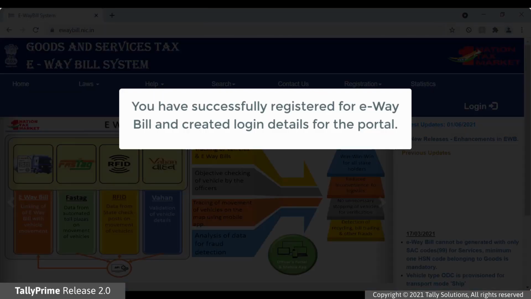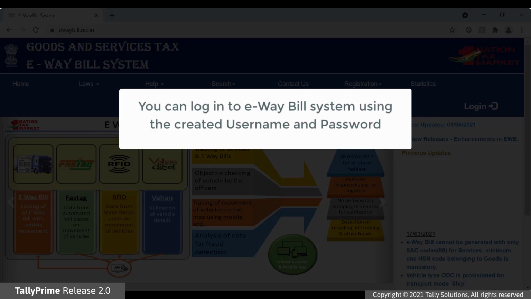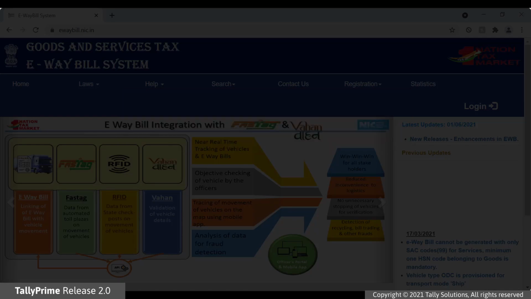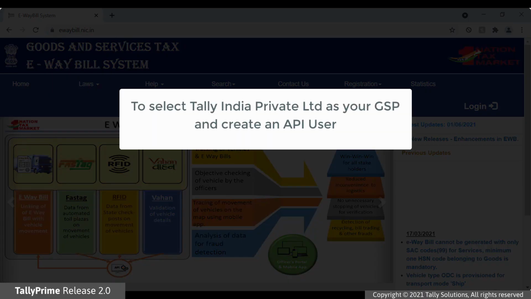Your e-way bill registration is completed and e-way bill portal login credentials are created. You can now log in to the e-way bill system using the username and password created now. To select Tally as your GSP and create API user on e-way bill portal,